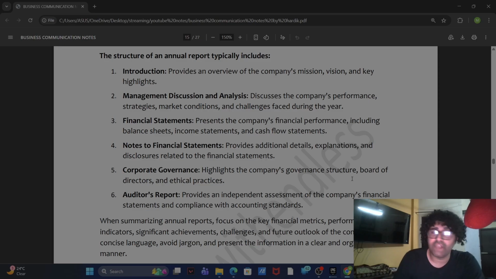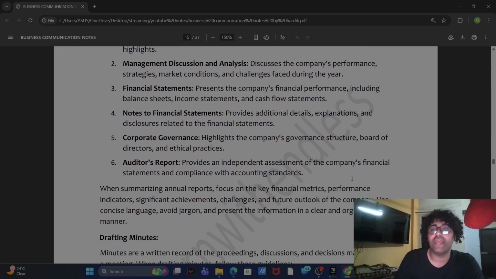Introduction provides an overview of the company's mission, its vision, and key highlights. Management discussion and analysis discusses the company's performance, strategies, market conditions, and challenges faced during the year. Financial statements present the company's financial performance, including balance sheets, income statements, and cash flow statements. Notes to financial statements provide additional details, explanations, and